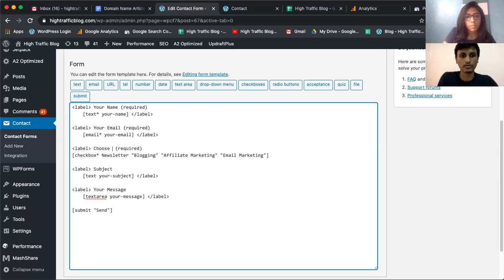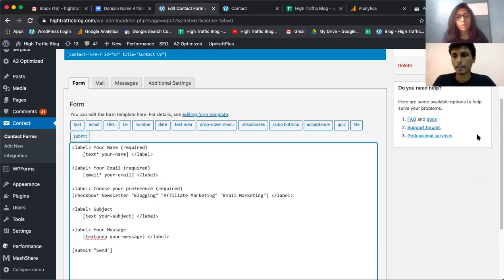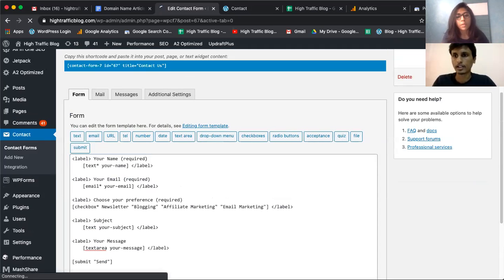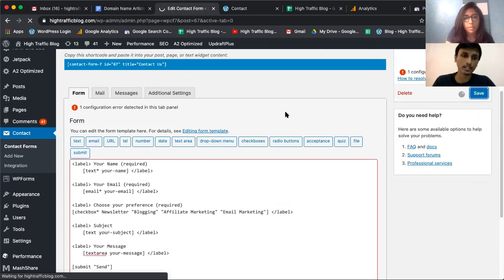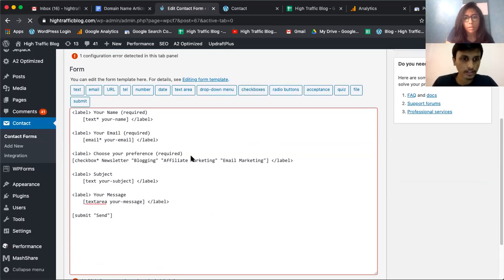Okay, choose. And I'll have to close this label as well. And we can also add the placeholder now only in the name field maybe. Let's see. Yeah, this is where the issue is.